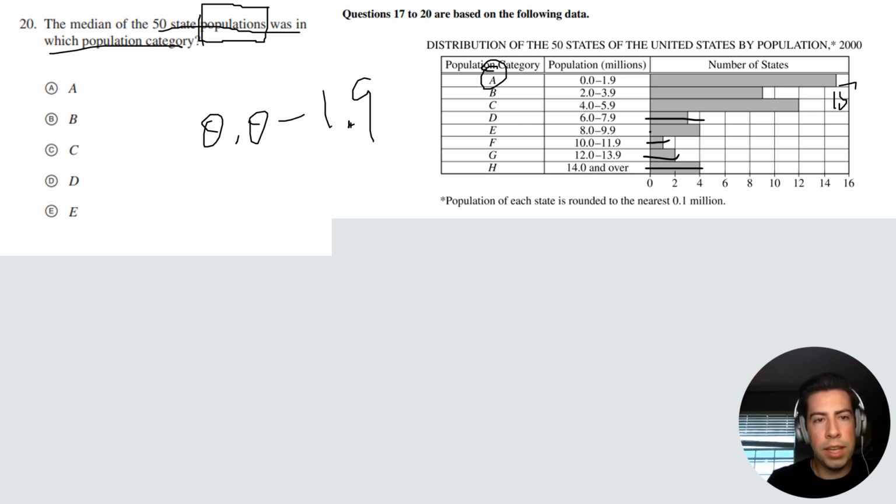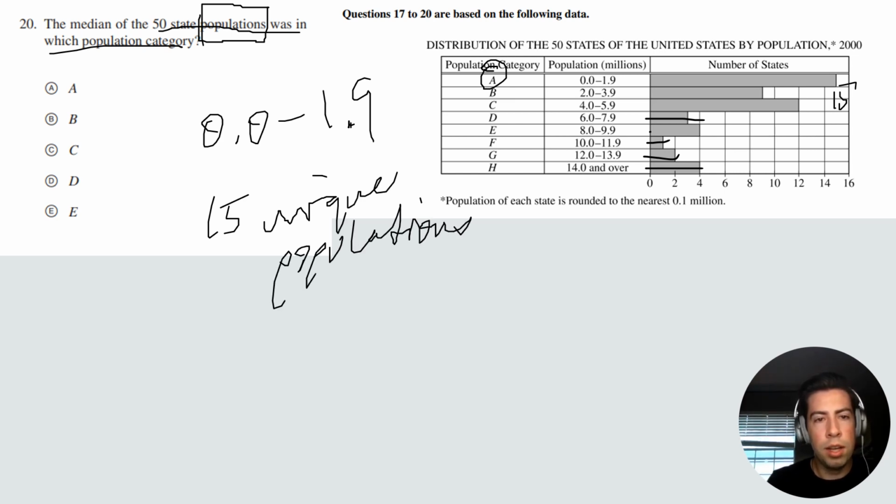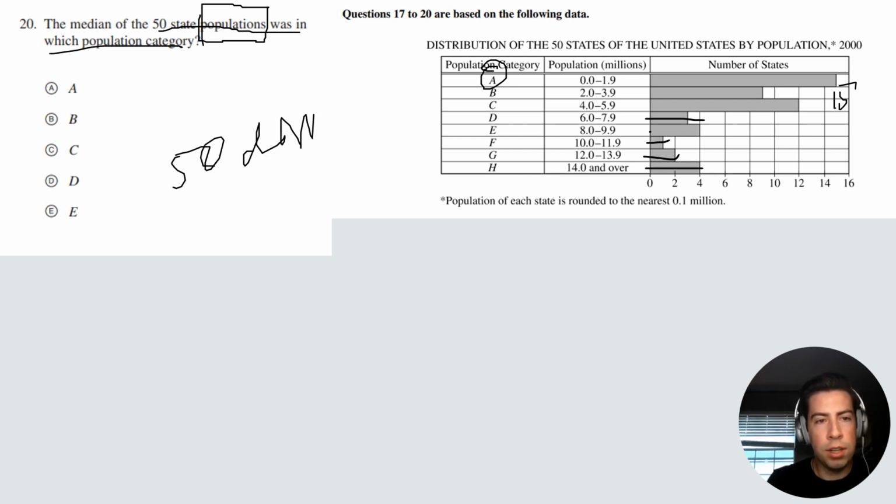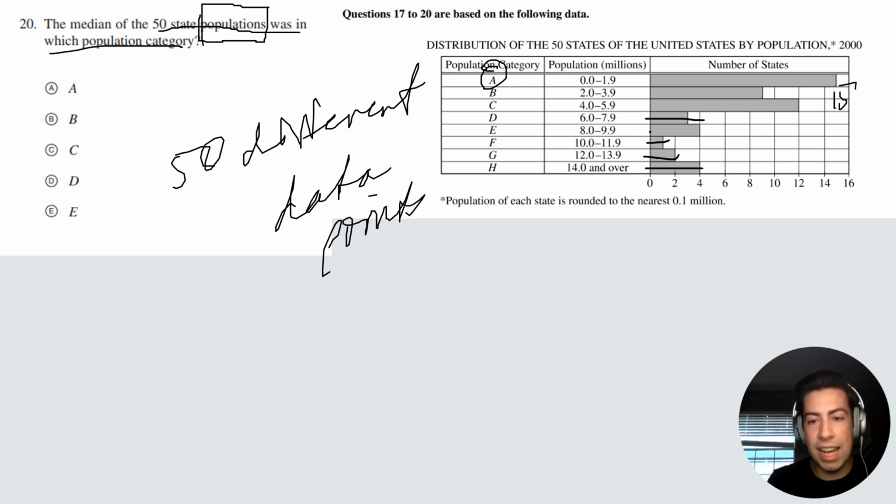Each state is going to have a different population, so there could potentially be 15 unique populations just for category A alone, okay? So in terms of data points, we could have up to 50 different data points, okay? Because there's 50 states, and it's unlikely that each state's going to have the exact same